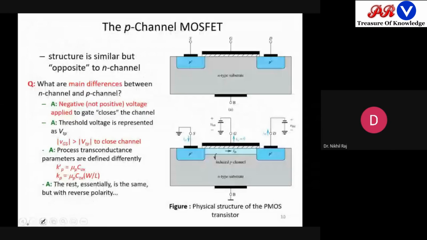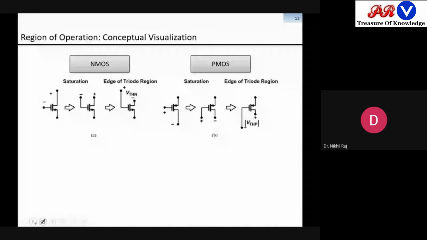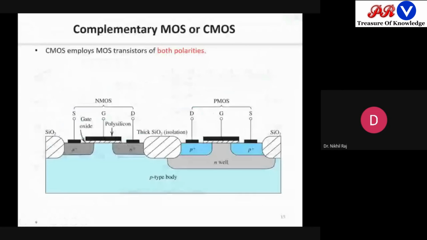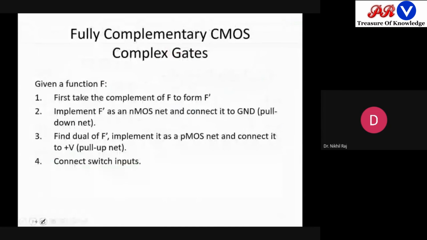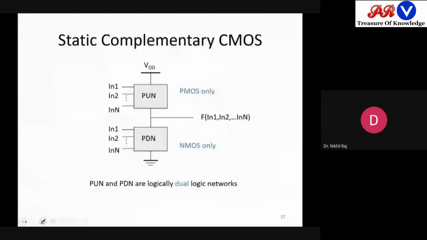Next class we'll start with the introduction of P channel. We'll just see the notation-wise and some conceptual visualization, so that looking at the figure straightforwardly, without being given any values, with the polarities also we can decide in which region it is operating. And once we know how to identify the region of operation, we'll go for the CMOS logic design, the gates design. So we'll stop here right now.